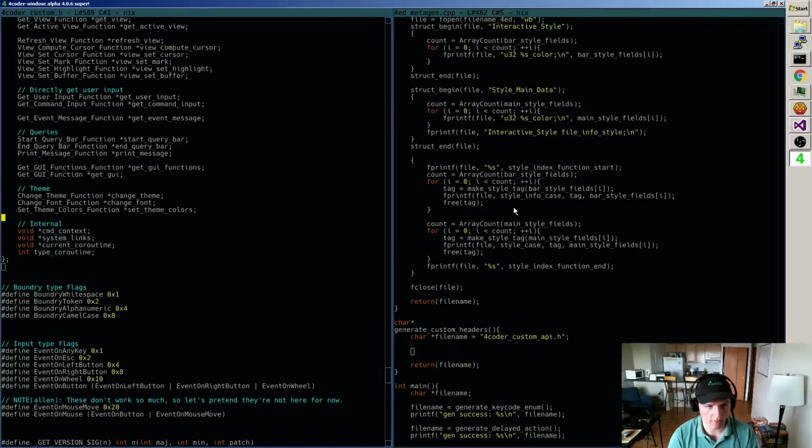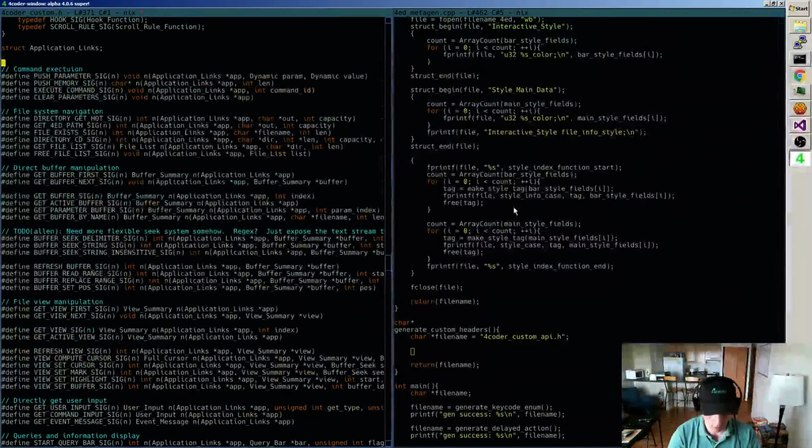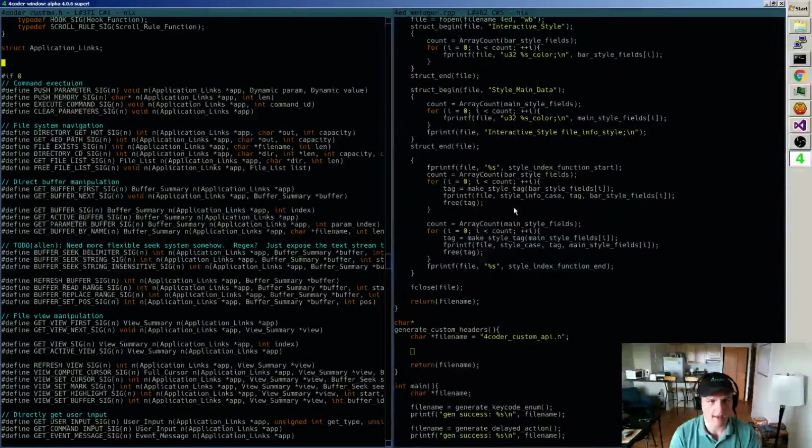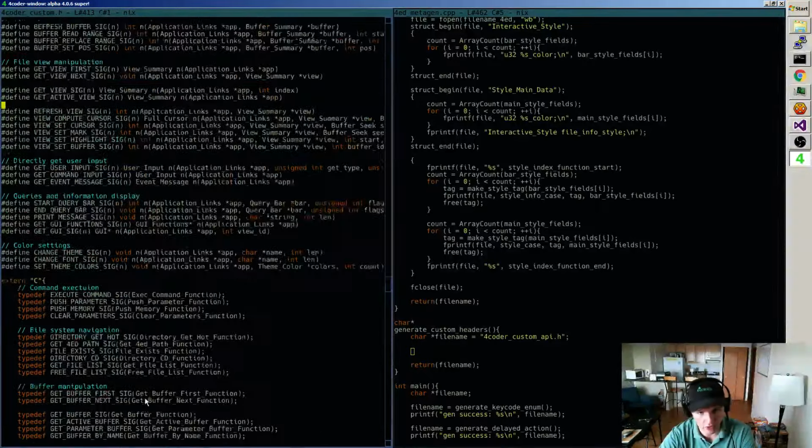Okay, so all of that from there all the way through to there, I want to #if zero that out, and then I want to instead include 4coder custom API.h here, and so that header just needs to have all of the content that I just #if zeroed out, right? And we've got the spec file that defines all this, right? It keeps the name and the signature, which is enough to regenerate all the various versions of it.